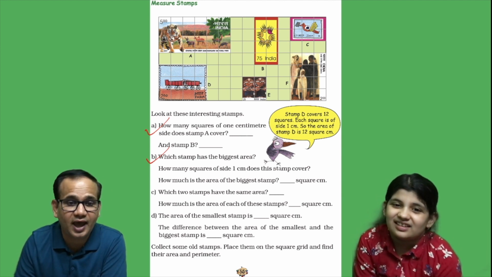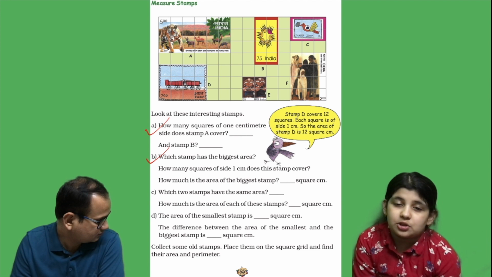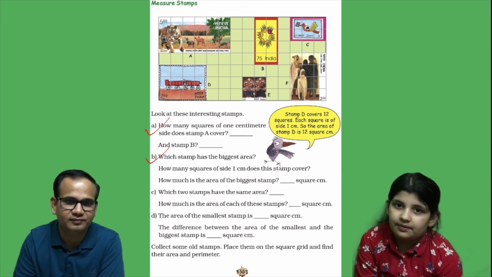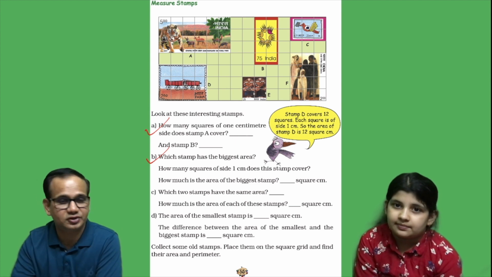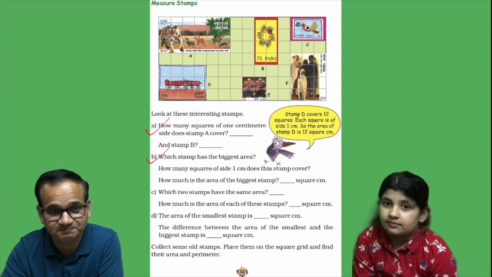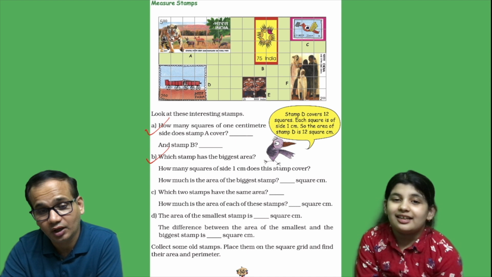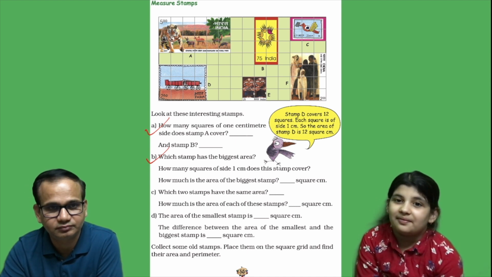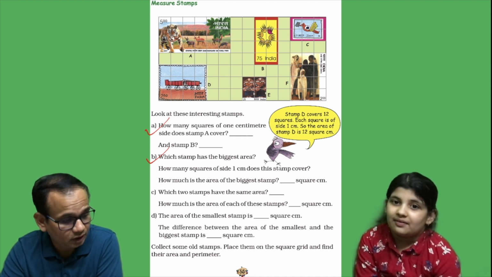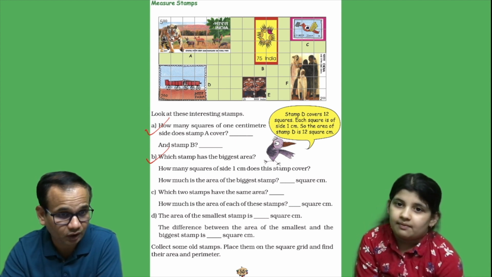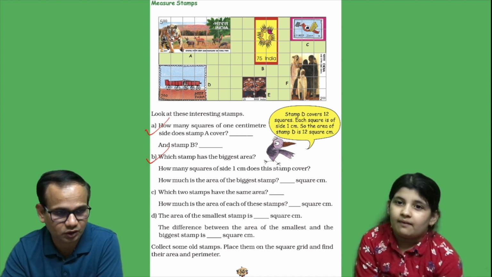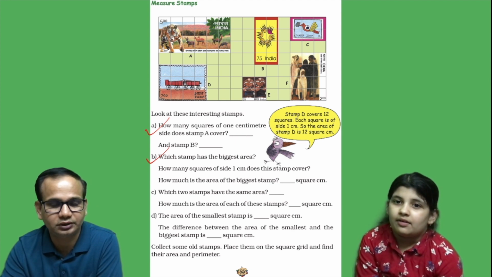Which two stamps have the same area? You have to tell me on this, Avisha, and very quickly. And quickly, not question D. Correctly you have to tell me. D and F. See, Avisha, I'm telling you again. May not be quickly, but it should be correct. Because it is in the beginning, you're learning. So it should be correct. Take your time, but it should be correct.